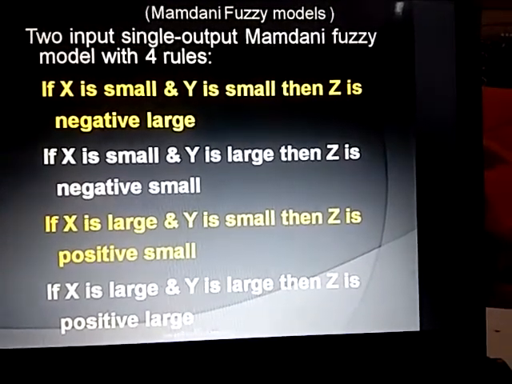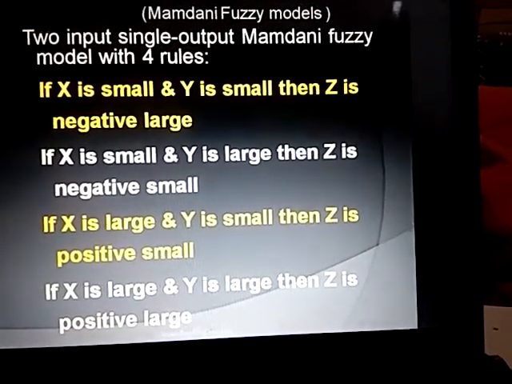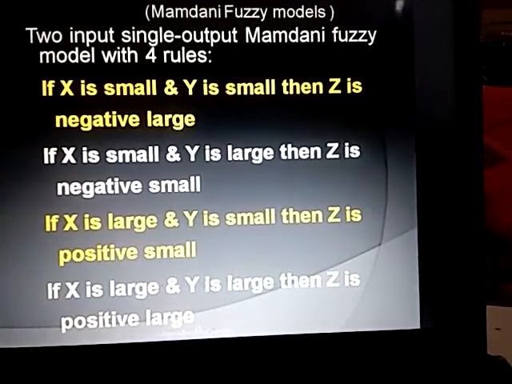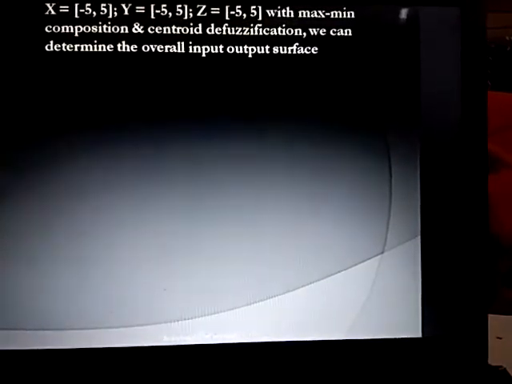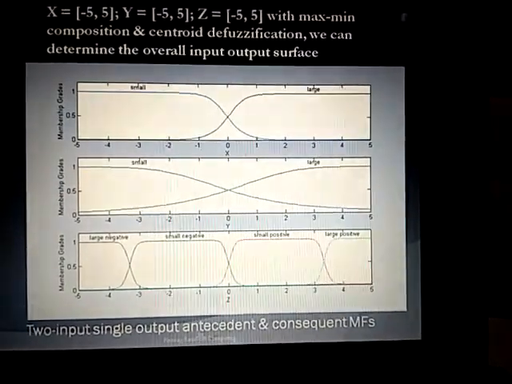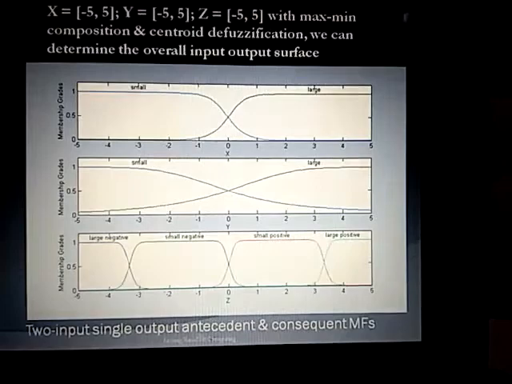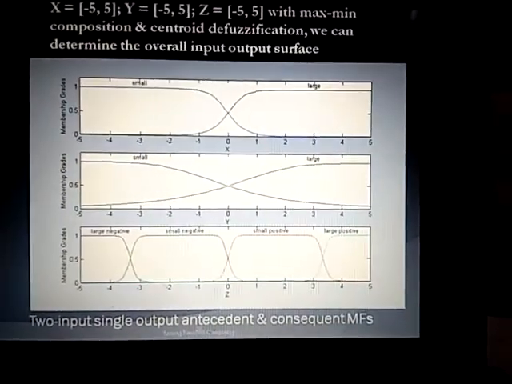If x is large and y is small, then z is positive small. If x is large and y is large, then z is positive large. With the max-min composition and centroid defuzzification, we can determine the overall input-output